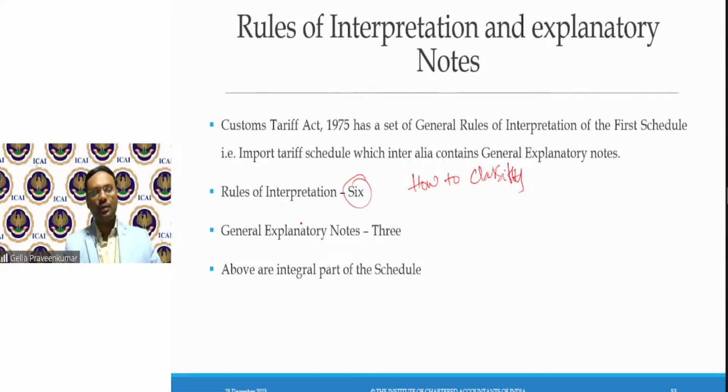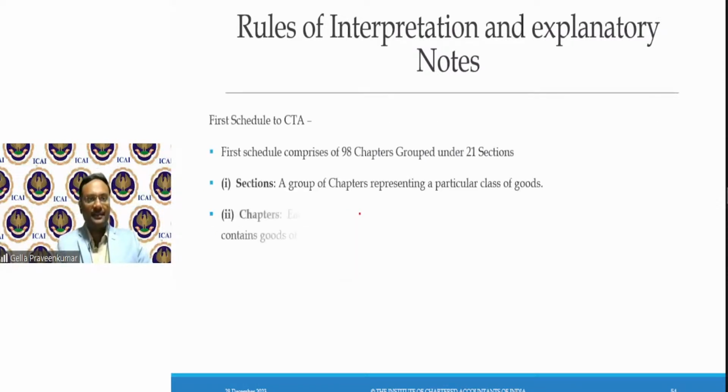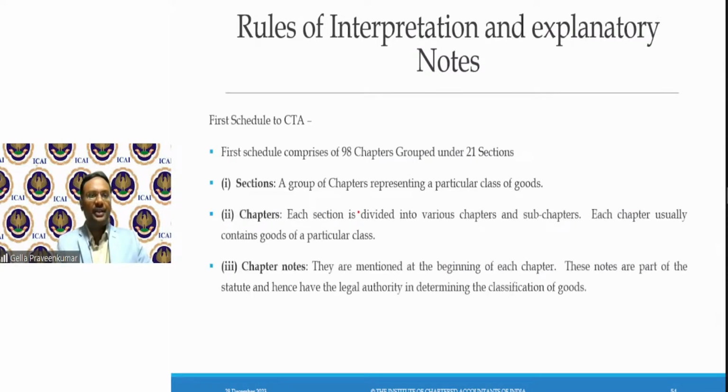In addition, there are 3 explanatory notes on how to interpret the Act, and these explanatory notes and interpretation are an integral part of the Act. The first schedule has 98 chapters and 21 sections altogether. Again, this is only for interest, not from an examination point of view.